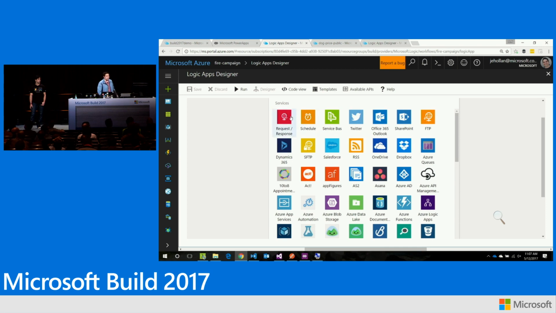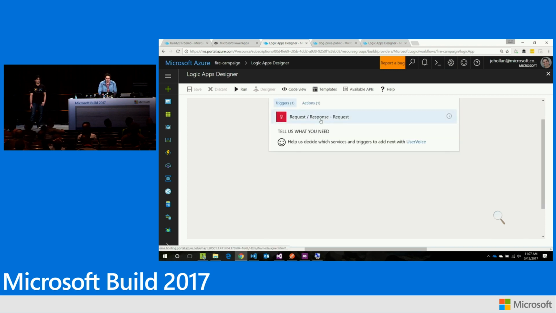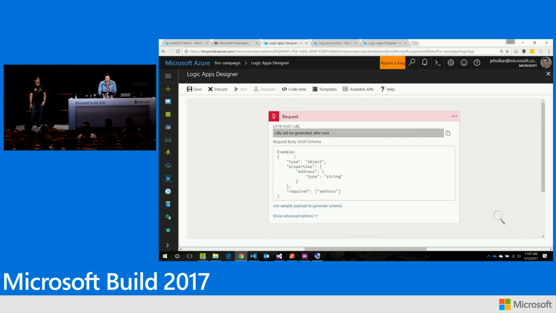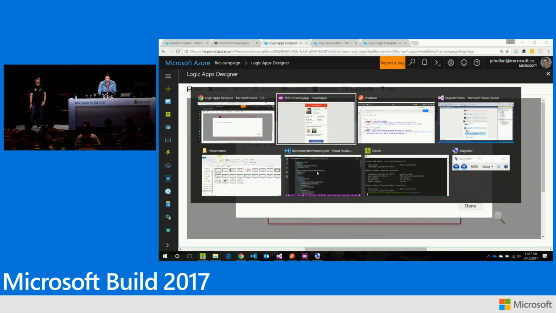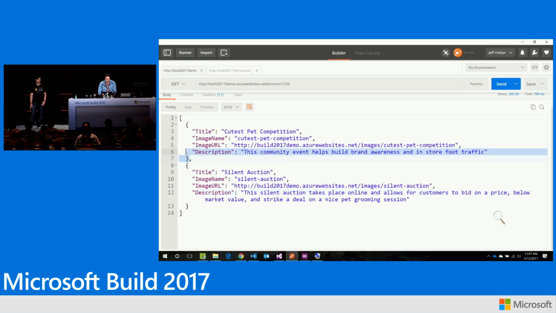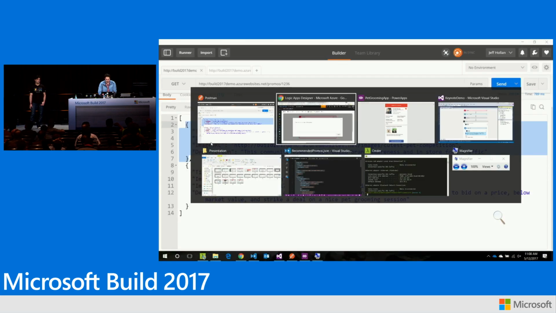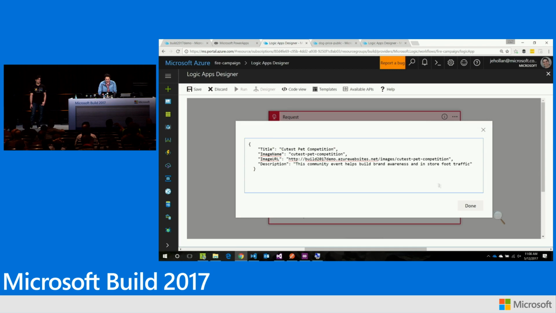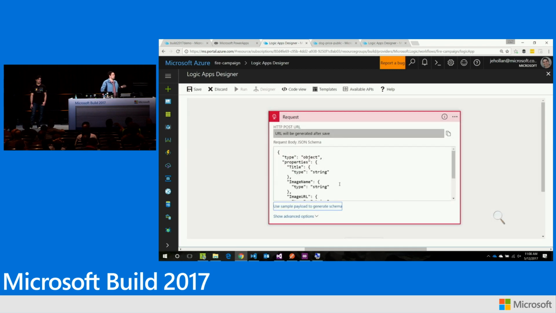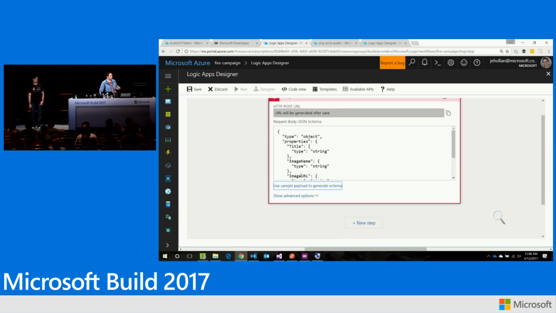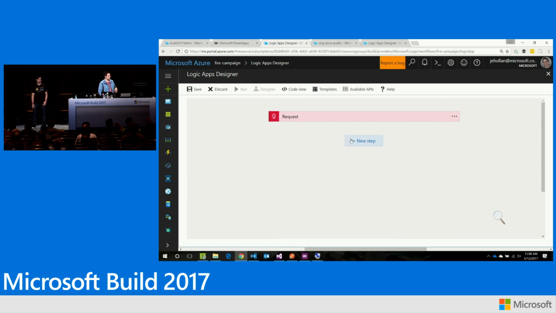Now, in our case, I'm actually just listening for a request from an application. So I'm just going to say, give me an HTTP endpoint. I want to just receive a request from some source. And we're going to get a request from that Power App. Now, I can even specify here in the designer what the Power App will be sending. In this case, the Power App's going to send us one of those events. So I'm going to paste in some information on the event that I want to fire. So now the designer knows the object that's going to be coming through, and you'll see why that's useful as I start to add actions.